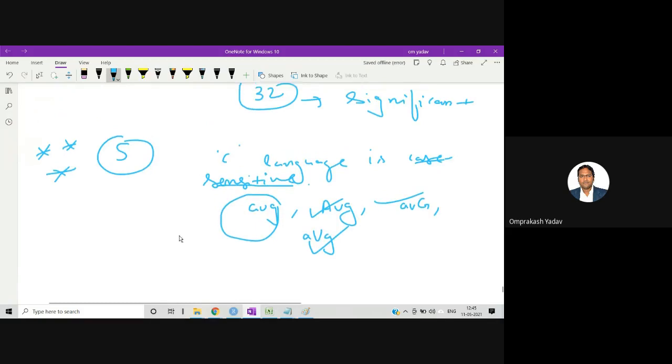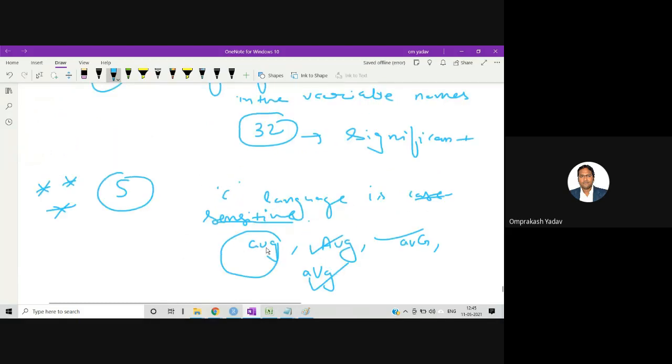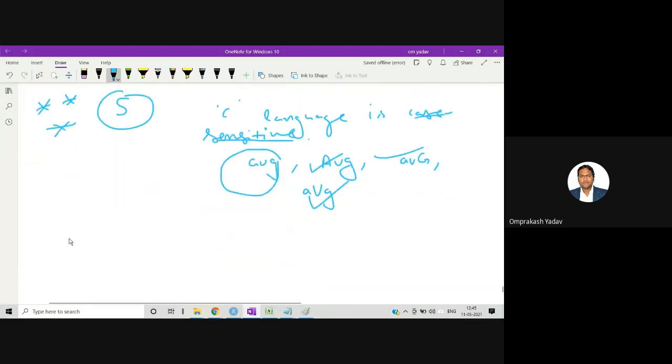So remember this very important rule. If somewhere you have declared a variable like this, average, then throughout the program, if you want to access the average variable, you must write the proper name. Somewhere down the program, if you write it differently, it will give you an error that this variable is not defined, because you have defined the variable with these particular small letters.